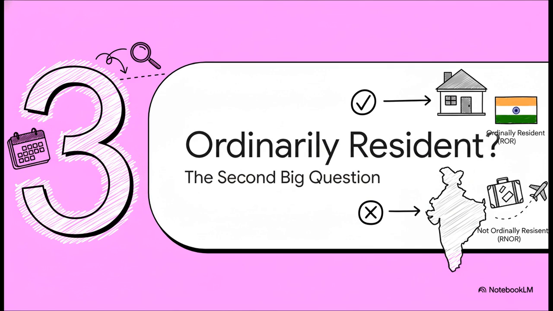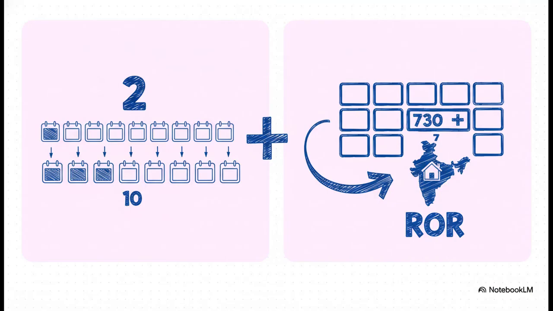We have to figure out if you are ordinarily resident, ROR, or not ordinarily resident, RNOR. And to do that, we have to look even further back in time. To get that ROR status, you have to satisfy both of these historical tests. No exceptions. First, you need to have qualified as a resident in at least 2 out of the last 10 years. And second, your physical stay in India over the last 7 years has to add up to 730 days